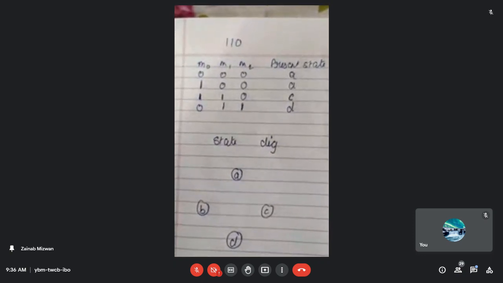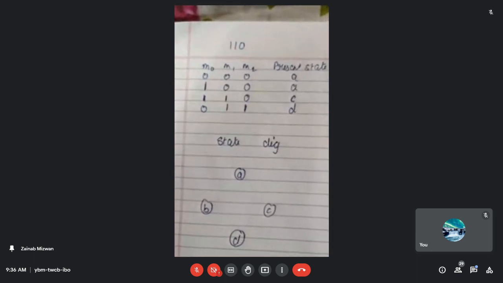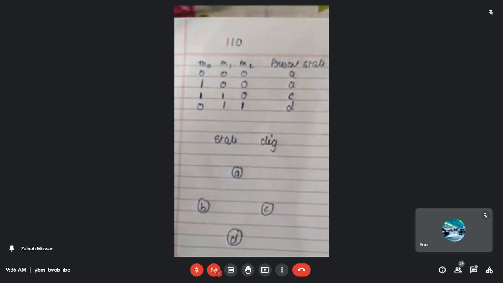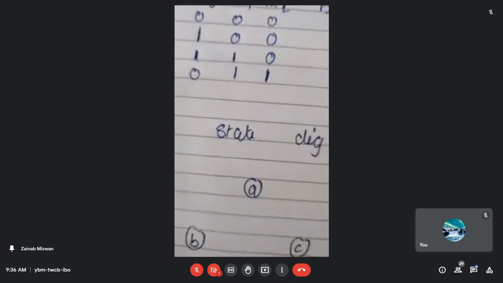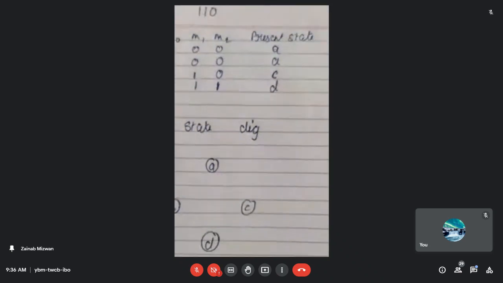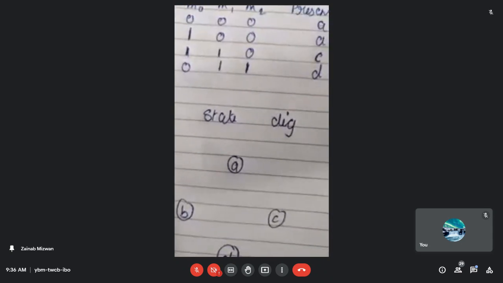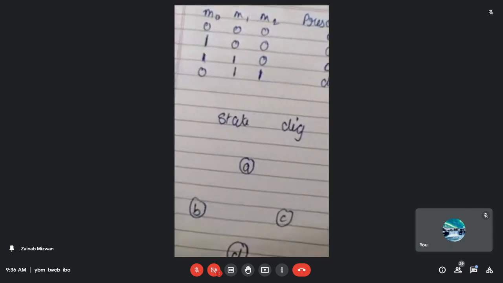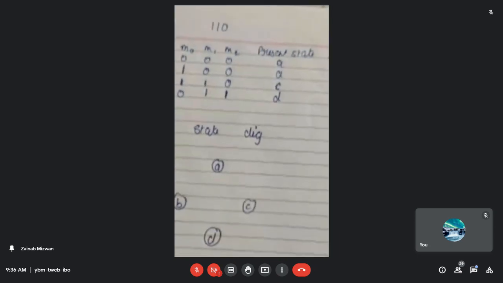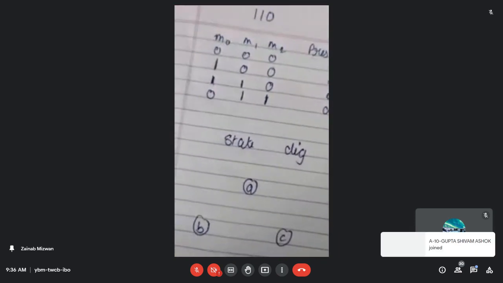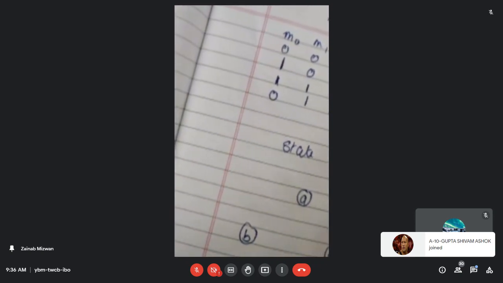In the state diagram, two conventions will be used. Which two conventions? First of all, we will have a solid line, and the other we will have a dotted line. Now, what is the meaning of the solid line and the dotted line? Because they have two different meanings. When I draw the solid line, it will indicate one value, and when I draw the dotted line, it is going to indicate another value.